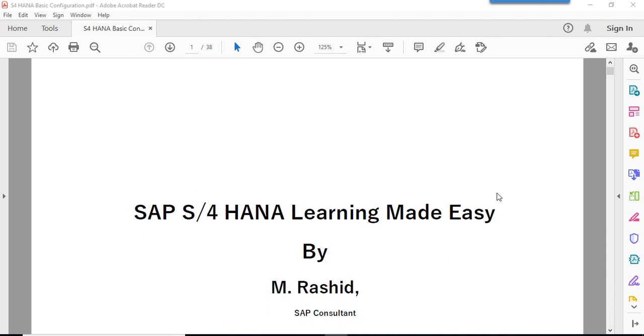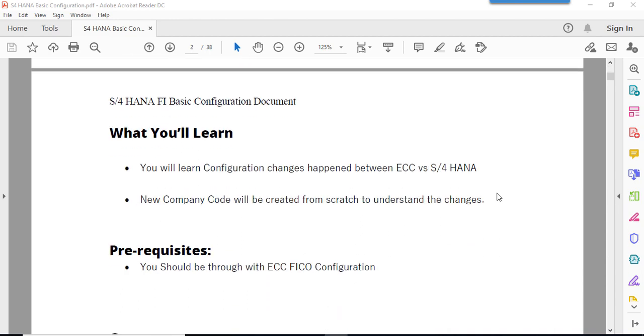Coming to this S4 HANA course, these are the things you are going to learn. We are going to create one company code. With the help of this company code, I am going to explain changes. We are going to discuss only changes. Even though we are going to discuss changes, we will try to create the company code, not theoretical discussions here. We are going to do it in a live S4 HANA server one by one with the help of the nodes. We will understand, we will do the configuration, we will test the same.